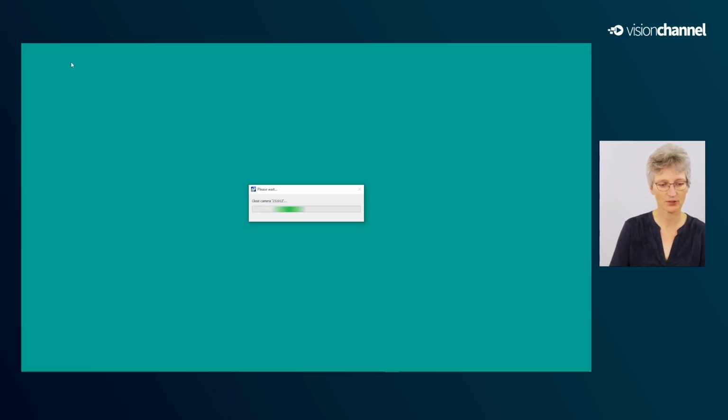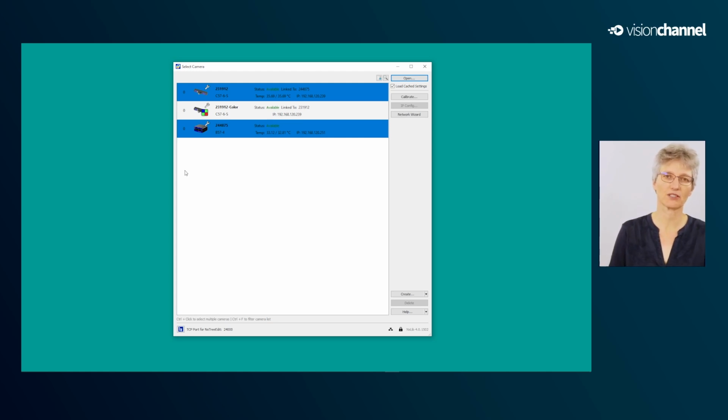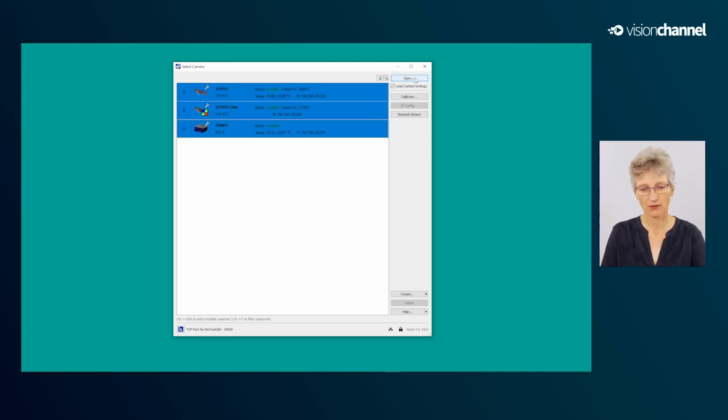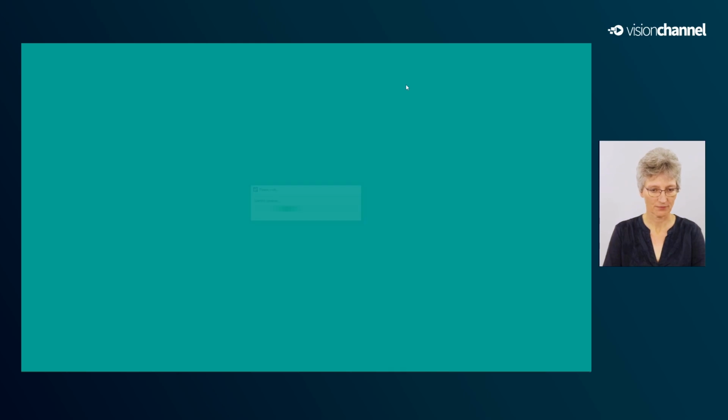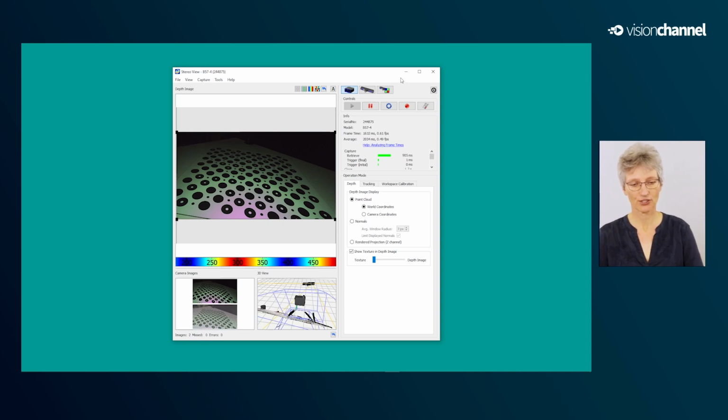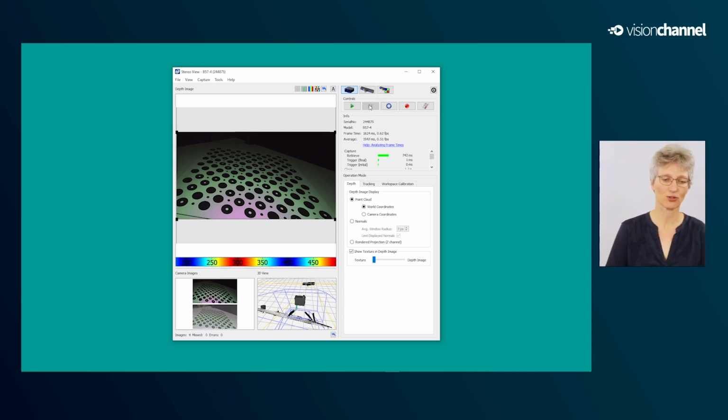And with next step, the calibration wizard is closed. And now we can see here that the Ensenso C has a link to the serial number of the Ensenso B. We choose this camera to be the reference system. So this C is linked to the B model. And now we open them. We can just click on Control A to select all and open them. Now I stop the live acquisition and show you what we have.